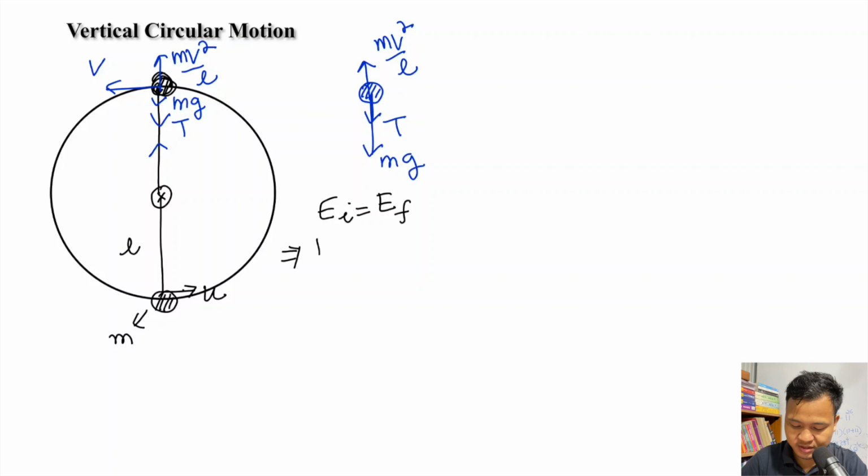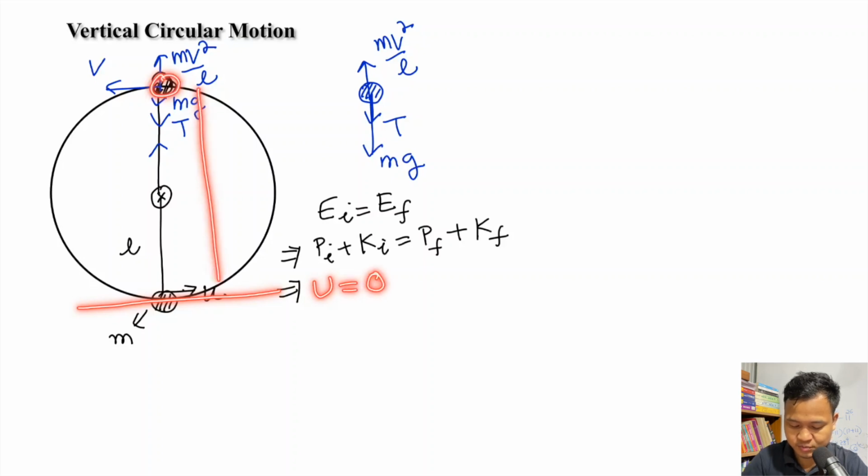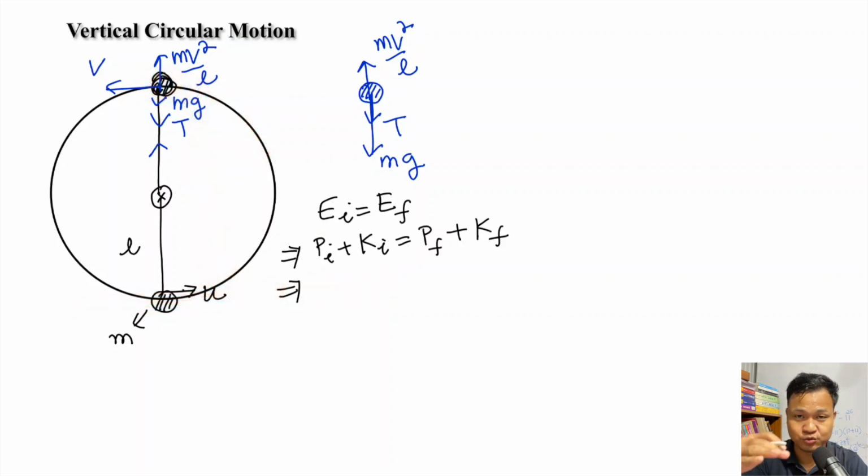Okay, so here initial potential energy plus initial kinetic energy should be equal to final potential energy plus final kinetic energy. For the initial potential energy, let's take this as the reference level. So let's assume that this is the zero potential. That means the topmost point is at a height of how much? 2L, right? Since the radius is L, the initial potential energy is 0, plus